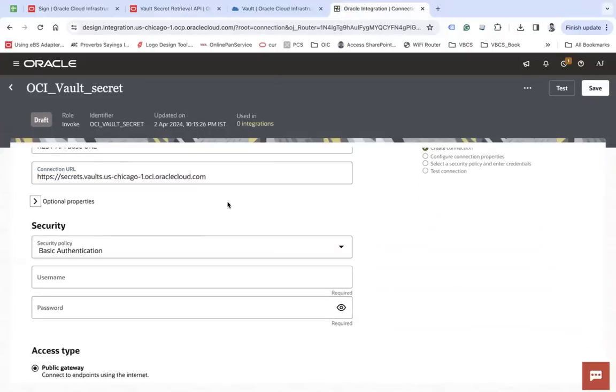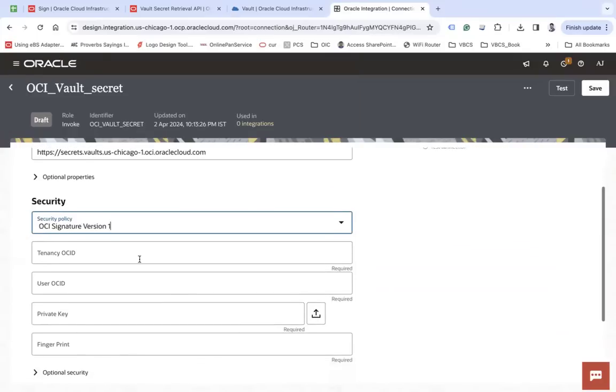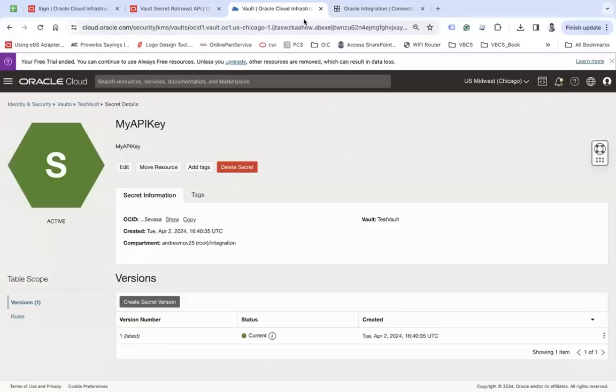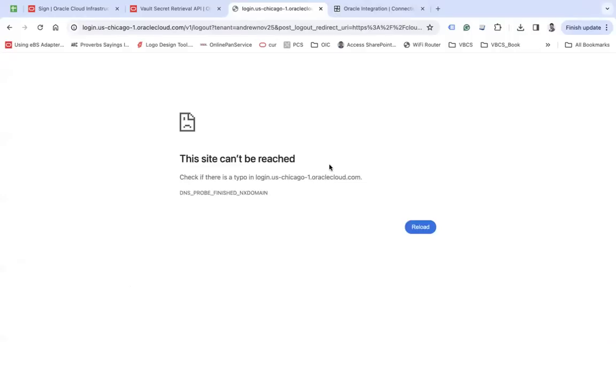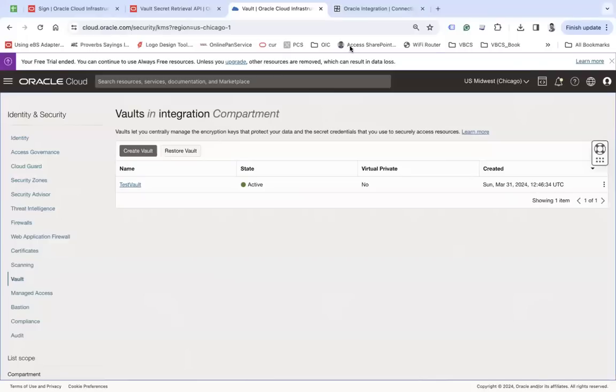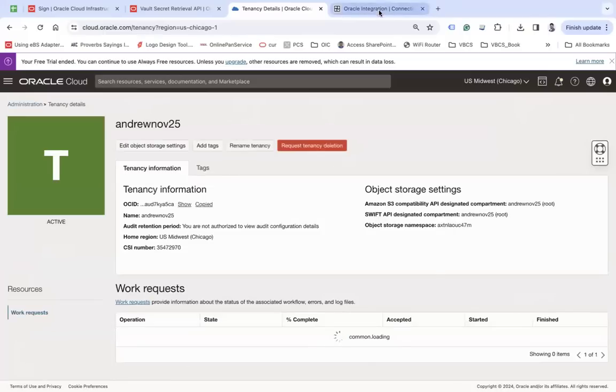So all the REST APIs of OCI use this authentication, which is called OCI signature version 1, where you need the tenancy OCID, which you can get from your tenancy. Go there and then go to tenancy. You can click here and then go to the tenant, and there you will find this. Copy and